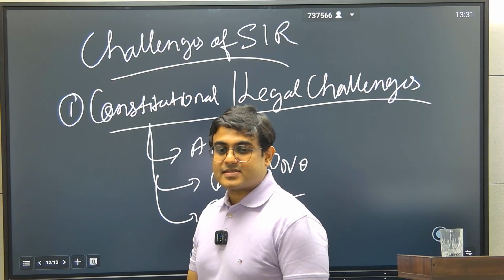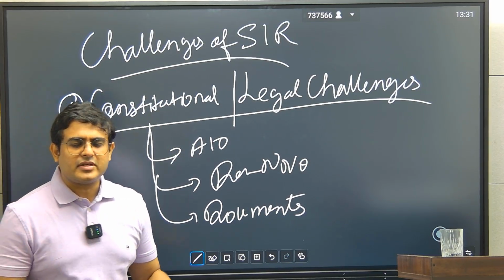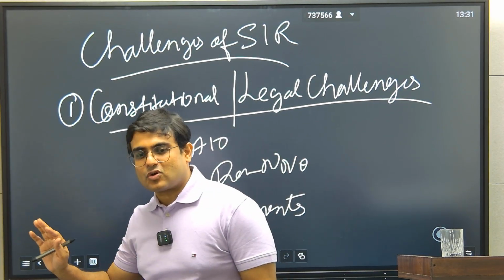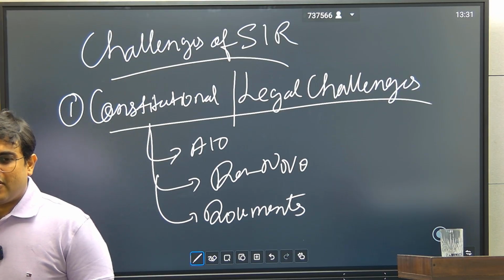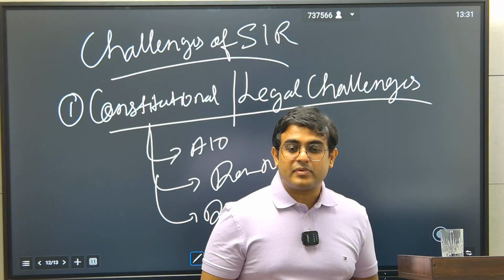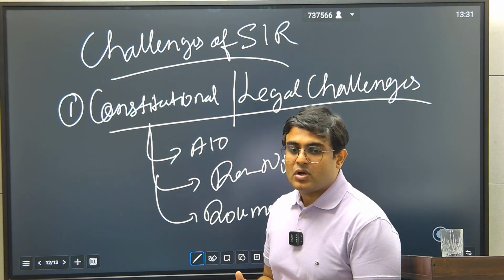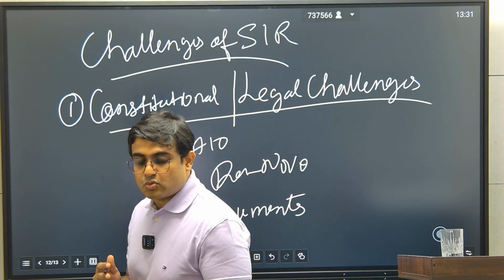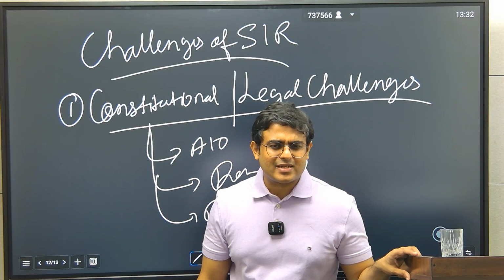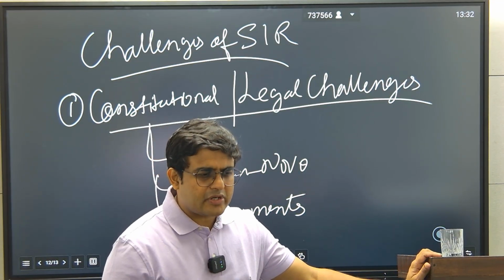But the entire exercise, in certain segments that we discussed, such as those born after 2004, requires them to prove their citizenship again. So in a way it violates Article 10 of the Constitution. Secondly, why start this entire exercise de novo, that is from scratch, from a blank paper? Why not do it similar to how it was carried out in 2003? Why de novo? The Election Commission is saying that a lot of illegal voters also got into the voting,